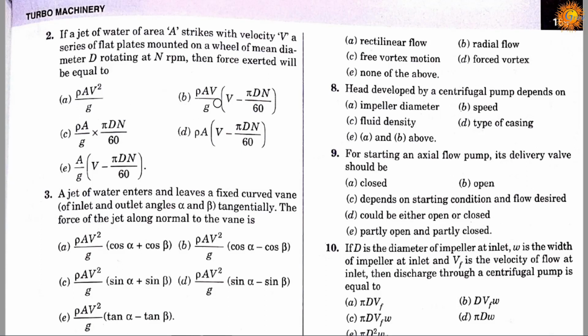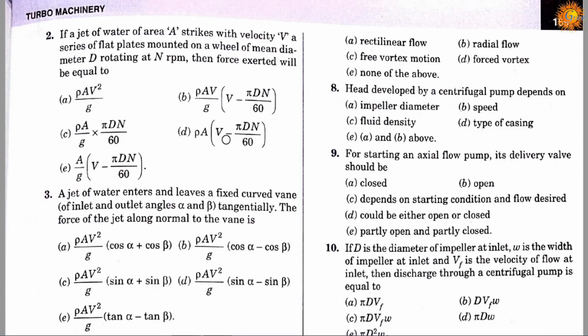Option B, rho AV divided by g into the bracket V minus pi D N divided by 60, and option C, rho A upon g into pi D N divided by 60, and